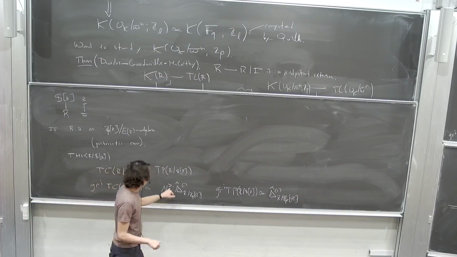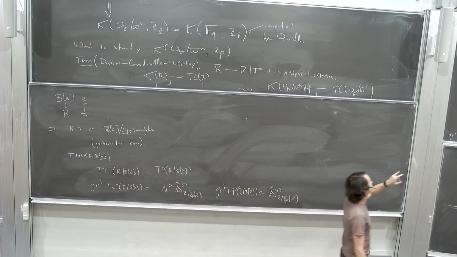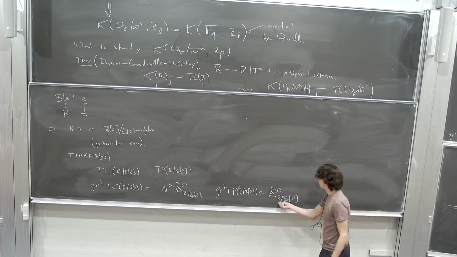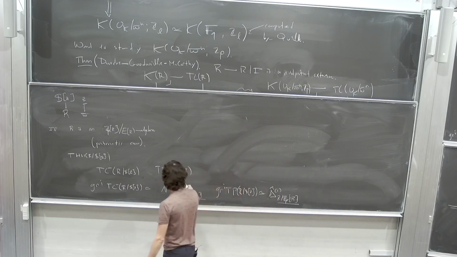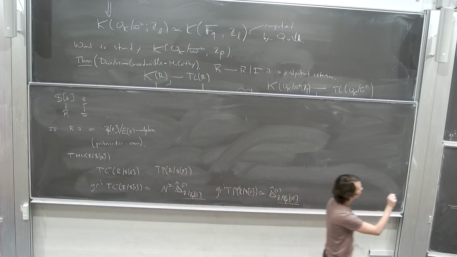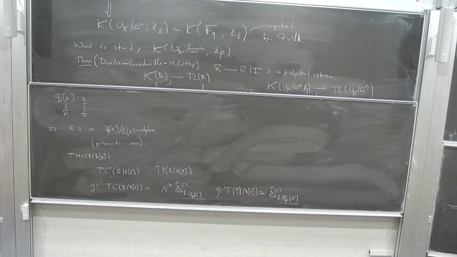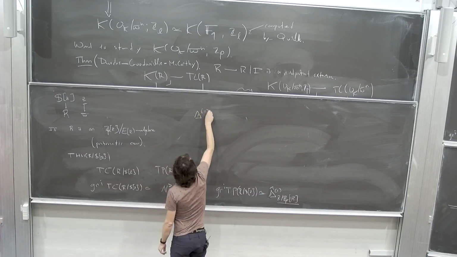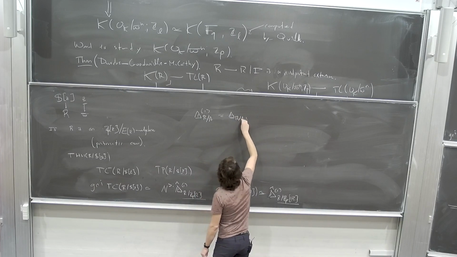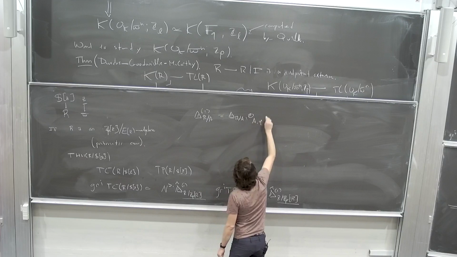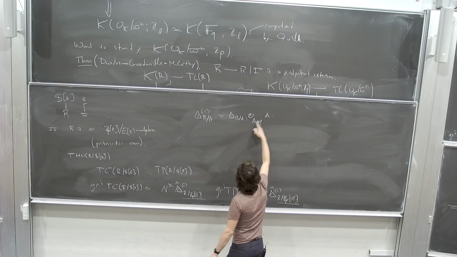Okay, so again, we have a connection between now relative prismatic cohomology. So this is R relative to a prism. This is R relative to a prism. We have a slightly different looking picture here. Here there was no Frobenius twist. Here there is a Frobenius twist. This Frobenius twist, what is it? Well, recall this Frobenius twist. This is the prismatic cohomology of R over A, base changed over A along the